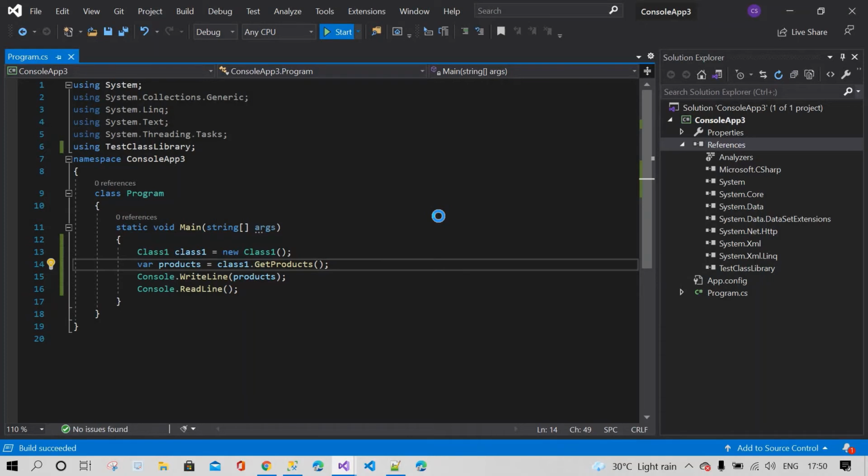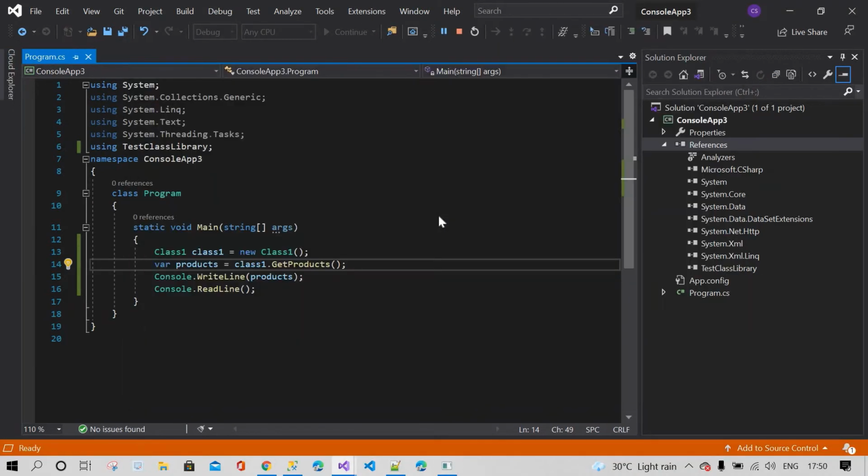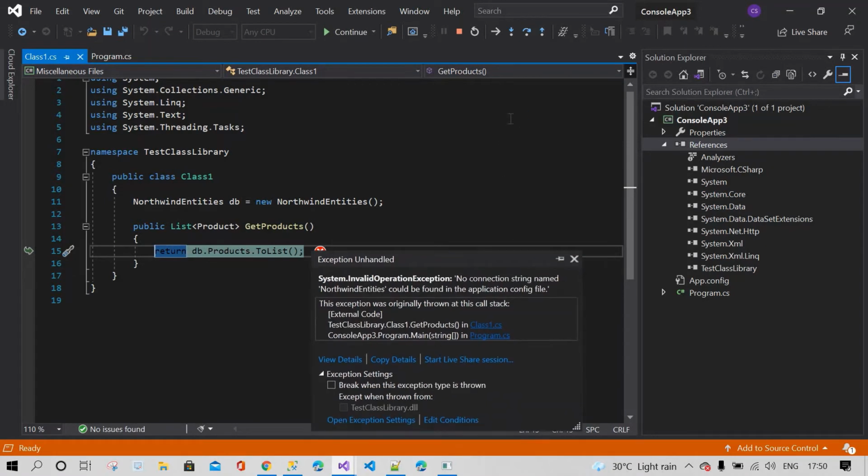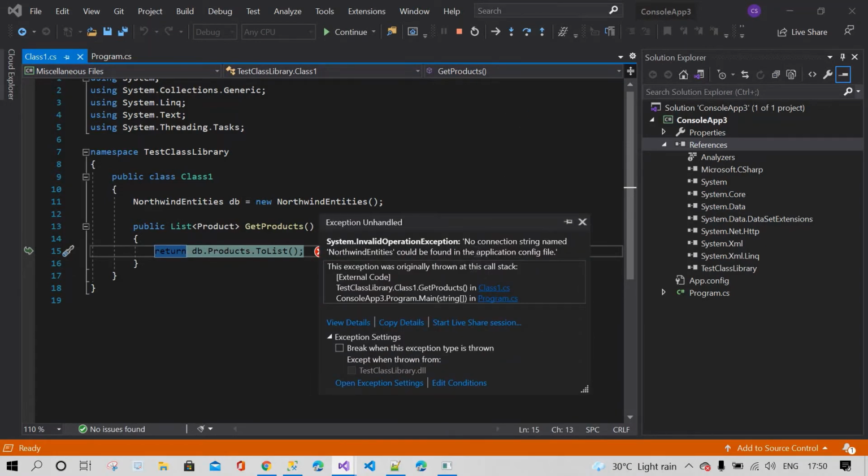The build succeeded. Yes, you can see the error. This is a common error you will get: no connection string named Northwind entities could be found in the application config file.